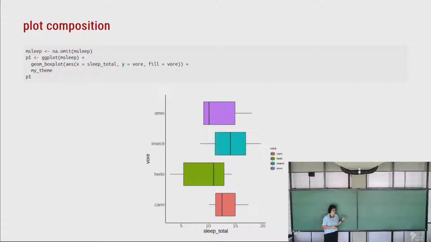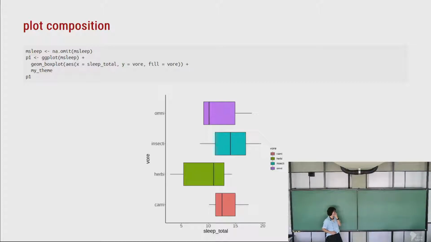We will use here the package patchwork, but there are tons of different options. There's ggpubr, ggExtra, a lot of different options. I'm doing this because I like the notation of the patchwork. You'll see that. But I'm using here a data set of mammals' sleep patterns. And I'm plotting here